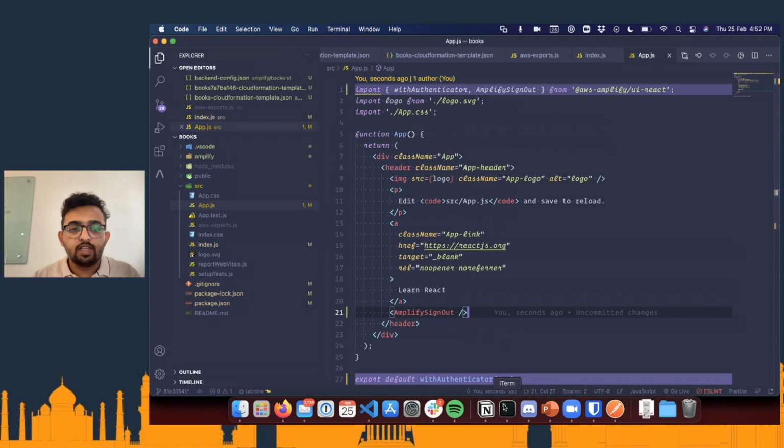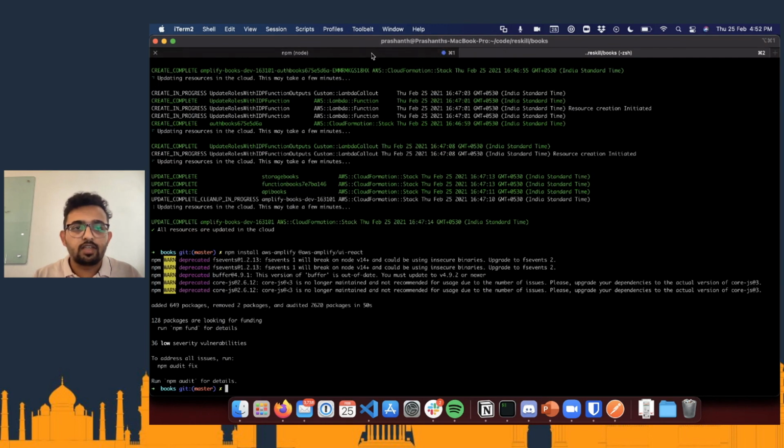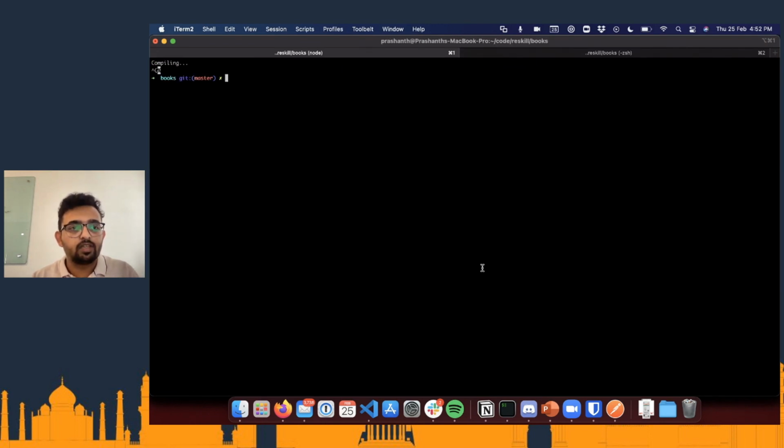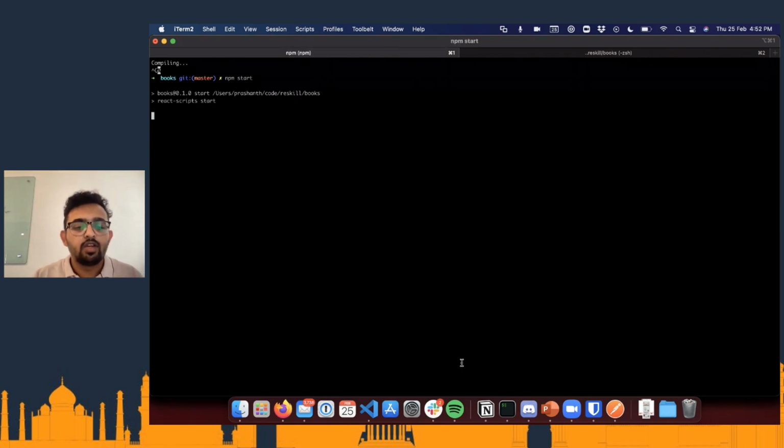So now let's restart the server because there is a dependency change. I'm not sure whether it will be fine, so better to restart the server and look at our React application. What happens now?